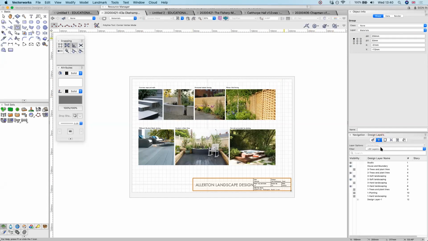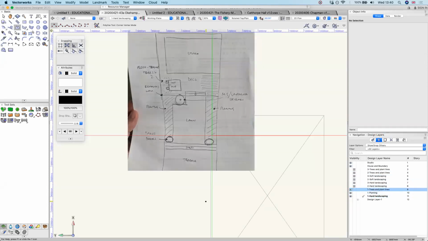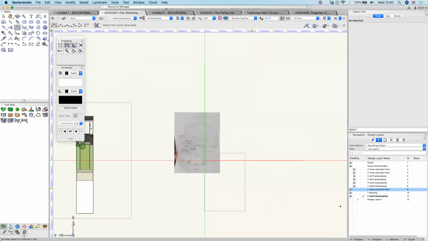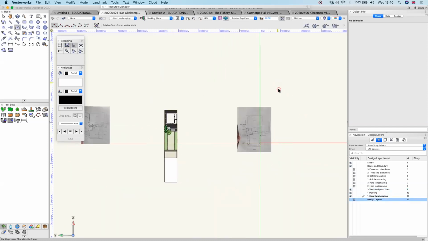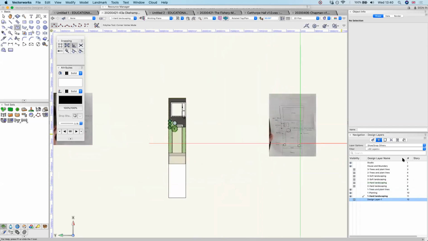If I go back to the design layer and go back to this project, the layers basically stack up on each other. That is probably the best way to describe it. If I turn that one off, and start turning on other layers that are above this, you'll see this column here has the hash thing at the top. So I could drag these layers up and down. When I put my mouse in that column and drag the house and boundary and the studio down,